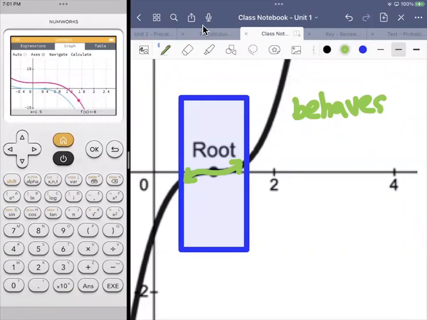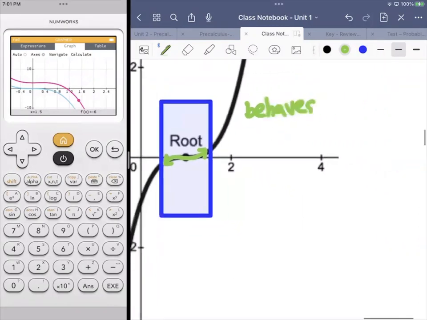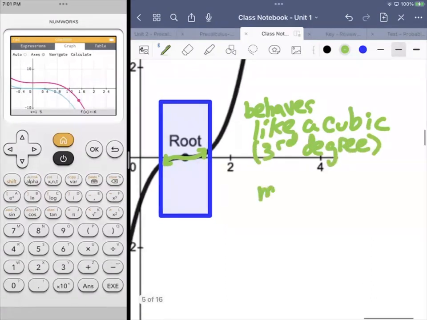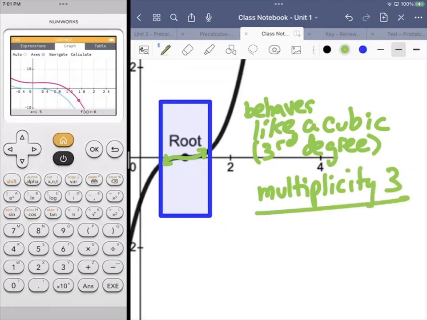Just changing a setting here real quick. I'll write that down. Behaves like a cubic, which is a third degree polynomial. And that means we're looking at multiplicity of 3. And I'll show you why that's helpful in a minute. But before I do that,